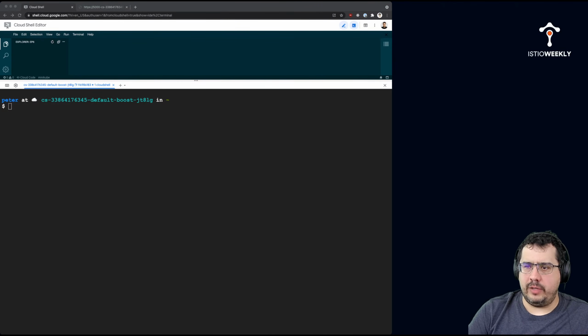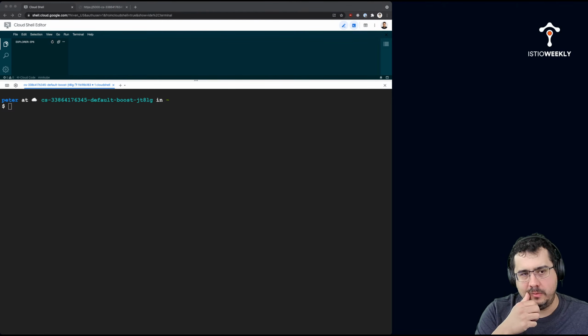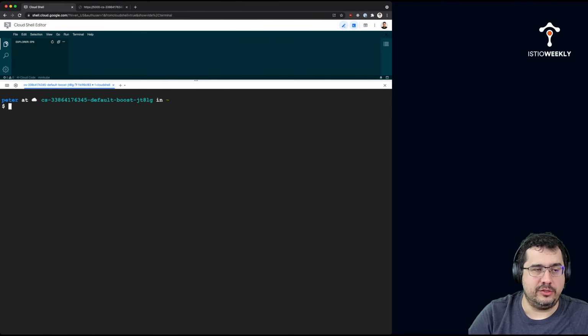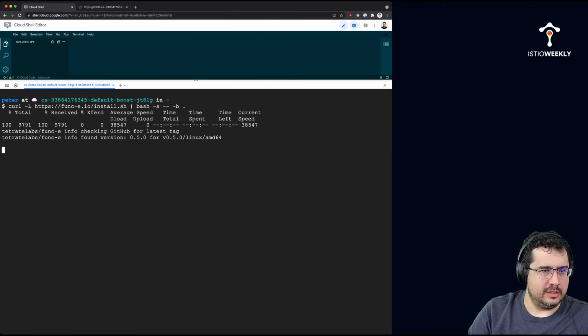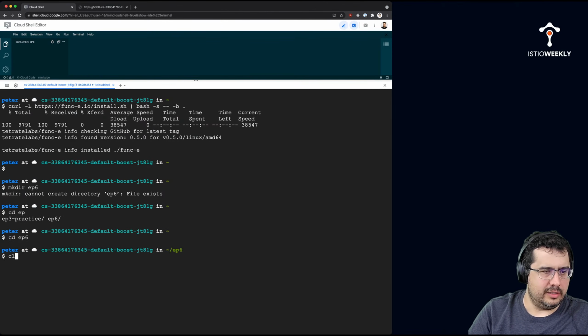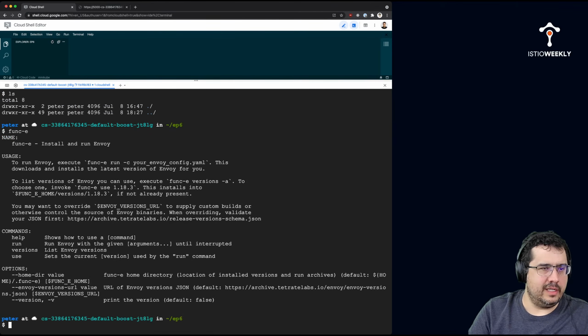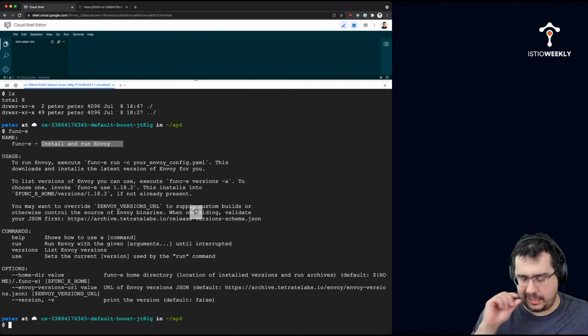So the next thing that I'll do is install a CLI called func-e, and this is the CLI that you can use to work with Envoy. It automatically downloads Envoy for me, and it allows me to run Envoy. So let me download this. Okay, and let's make a folder here. Oh, looks like I've already created that folder. Perfect, so it's empty. So func-e, let me run this. This is just a CLI that allows you to